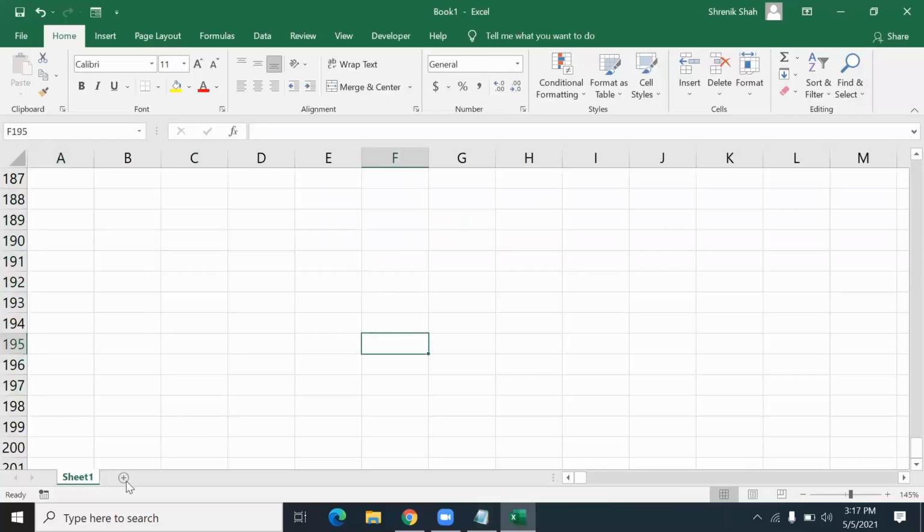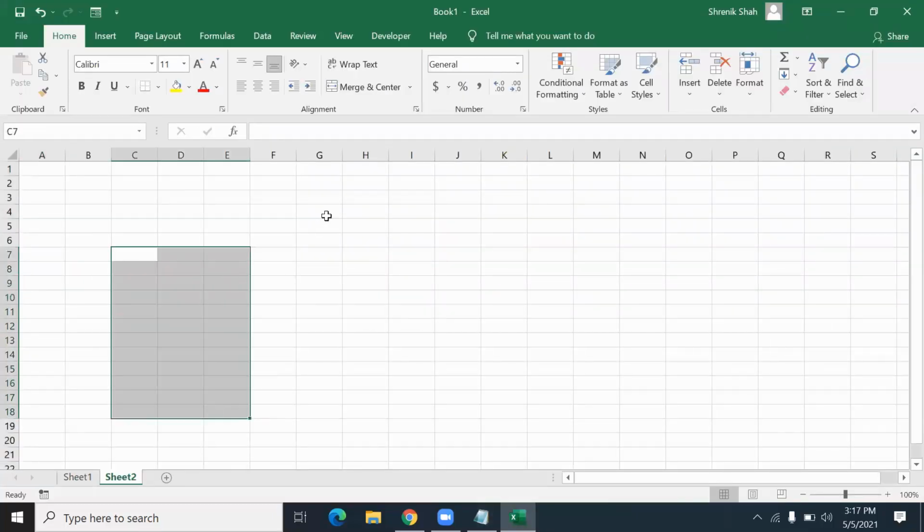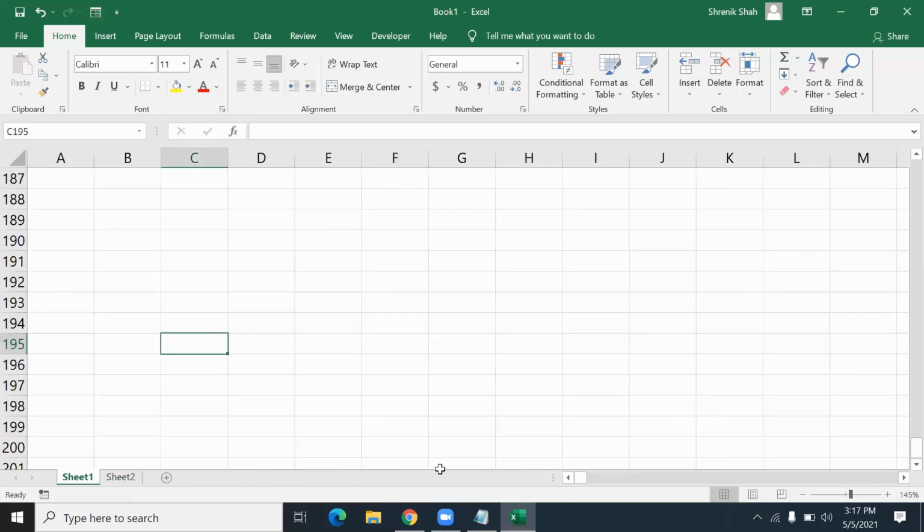Like this, if you click this plus button, you create one more spreadsheet to start another work. So as many worksheets as required you can create. Before going ahead, let me know if my speed of teaching is good, and once again I will check that my voice is clear to all.